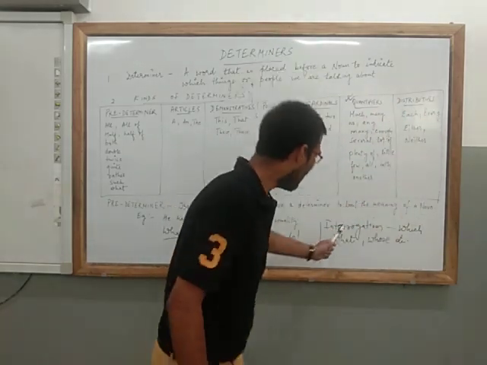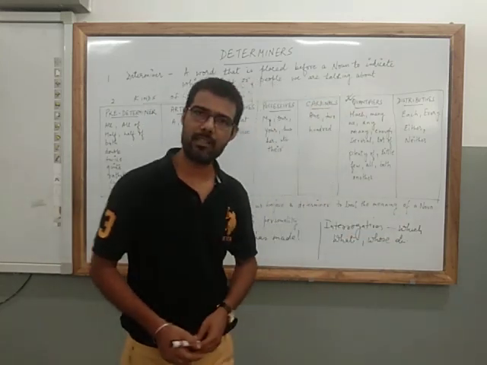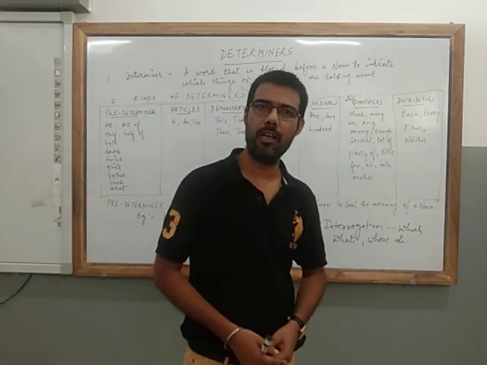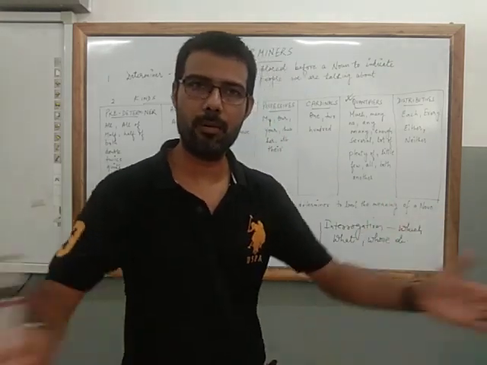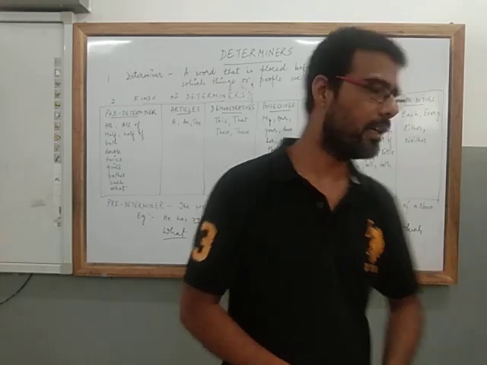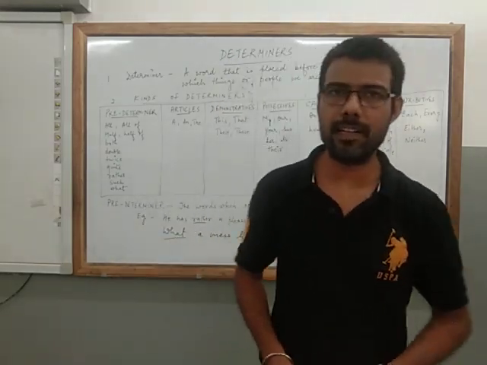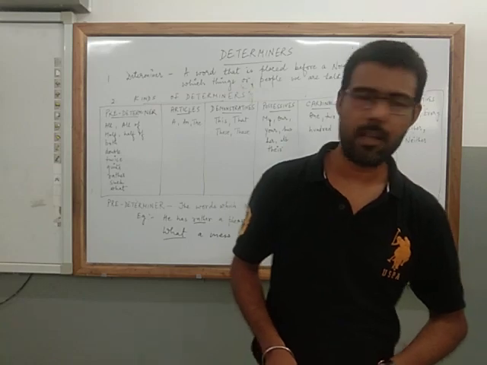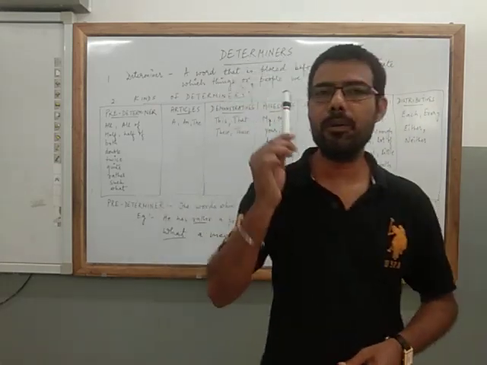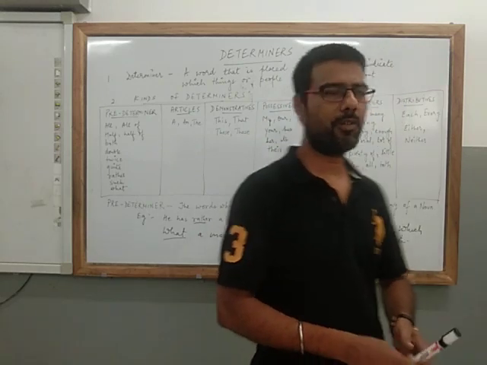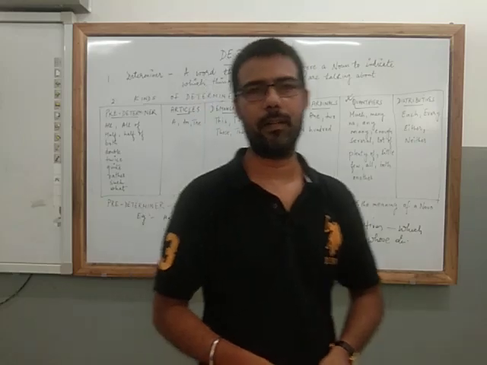Lastly, children, interrogatives. Interrogatives, the words like WH questions, which, what, where, whose. If it is followed by a noun, it is a determiner. If it is not followed by a noun, then it is a normal interrogative. For example, which topic are we learning today? Whose marker are you using? So children, these are my interrogatives and they come under the head of determiner.